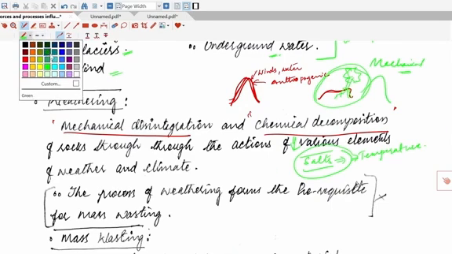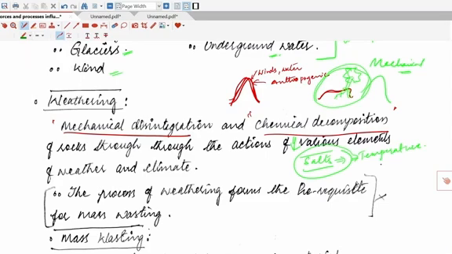So during summer, the rock gets expanded, and due to cold, the